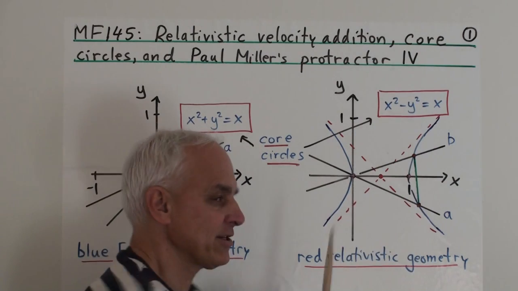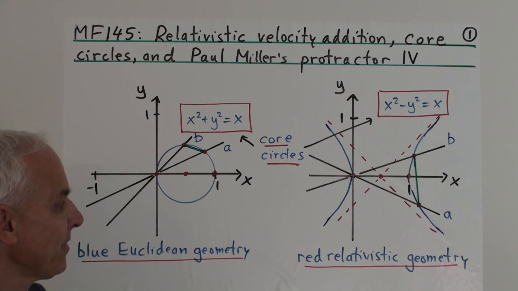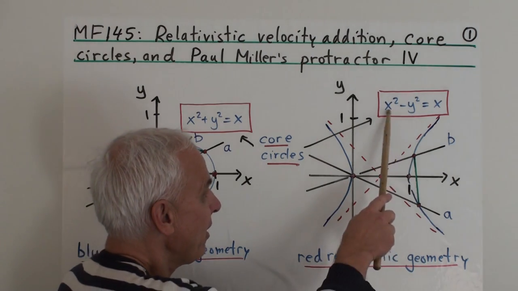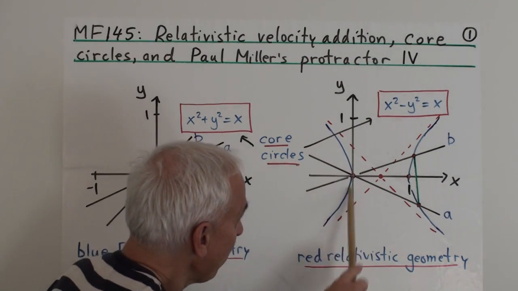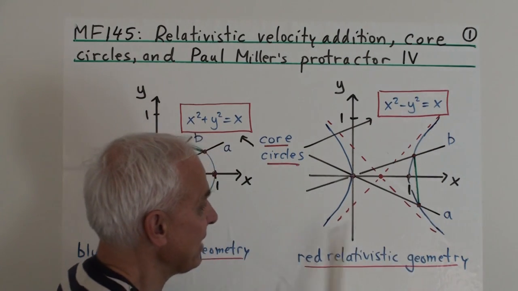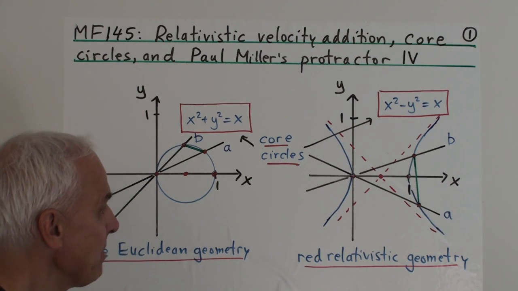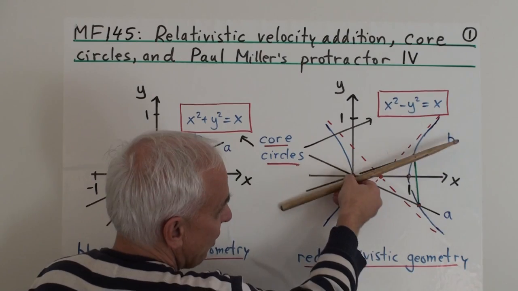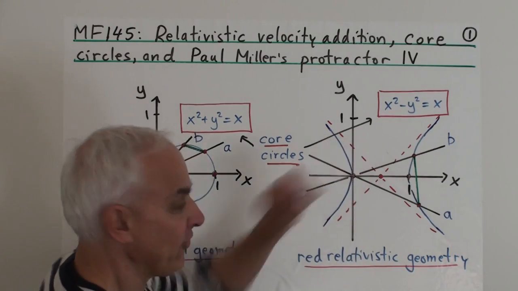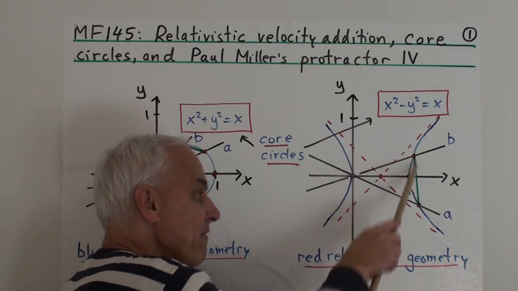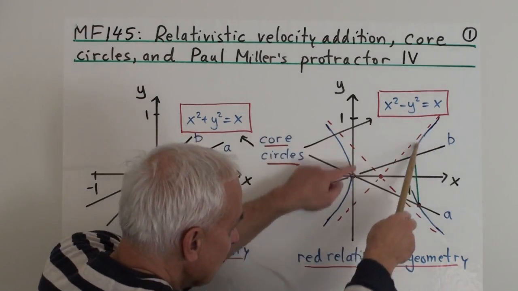Okay, so it's natural for us to ask, well, what happens in this relativistic setting? Is there some kind of analogous story? And there is. So there's also a core circle in the red setting, which has equation x squared minus y squared equals x. And it looks like a hyperbola as well, like this, but it has center 1/2, 0. And we're going to see that we can ask the same kinds of questions. We can talk about two projective one points, say A and B, and we can try to relate the projective quadrants between these two in this red setting, and the affine quadrants between these corresponding points here, where the two lines actually meet our core circle.